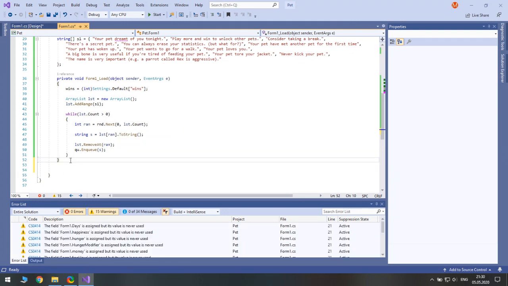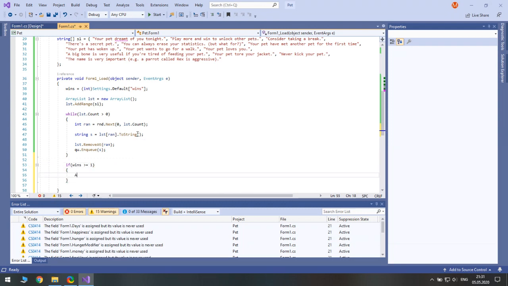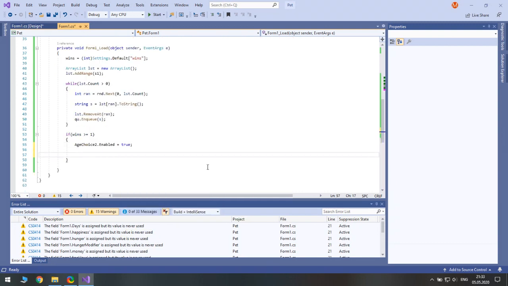We still need to process the number of wins. We first make the basic check. So if wins is greater or equals than 1, then choice2 should be enabled. So set Enabled to true. We check again.